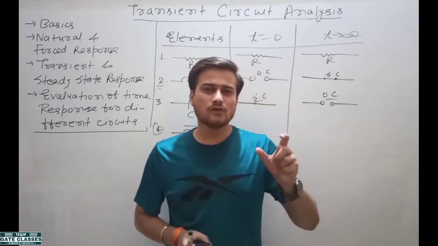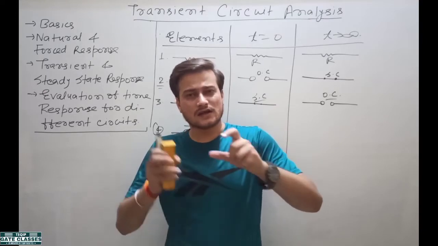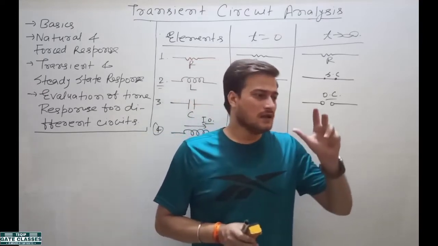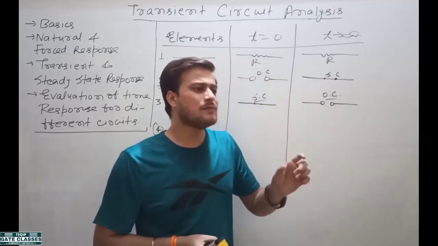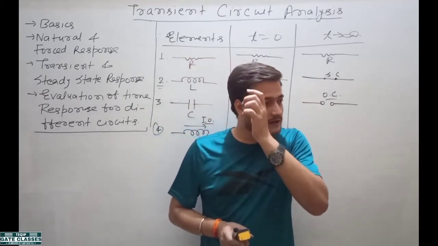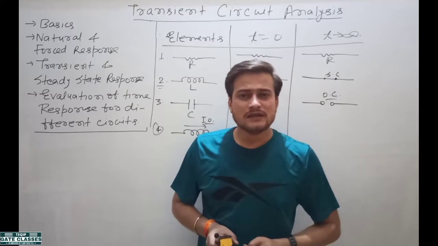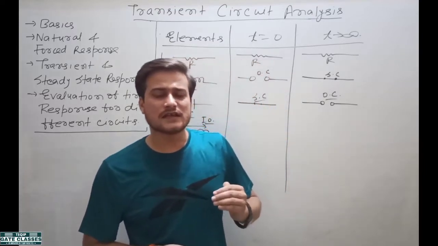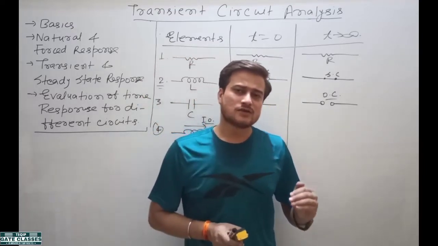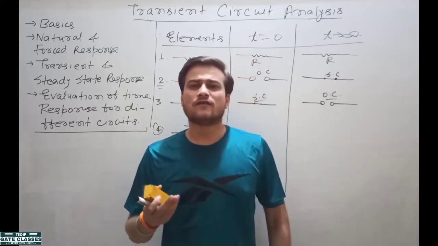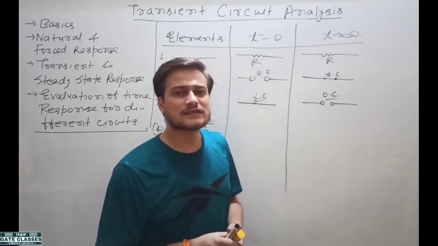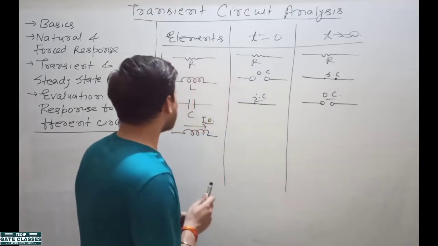Now when you use that inductor in another circuit, before giving the supply also there will be some current in the inductor. That means there will be some magnetic field energy stored in the inductor. So if you close the circuit of the inductor, you will see some current is flowing initially without giving any supply. This is the property of an inductor.